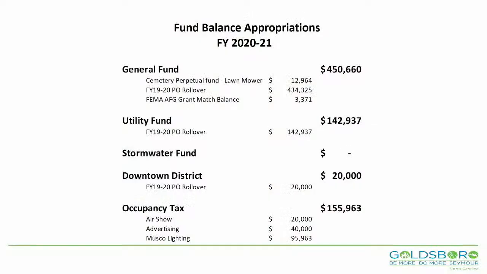Let's say I roll over $10,000 in office supplies. They frown on that because really what you're doing is padding your budget. It's not like I was building a $50,000 play park and rolled that PO over because they hadn't finished building it. That's a different scenario. So we had, like I said, 142,000 in utility fund,